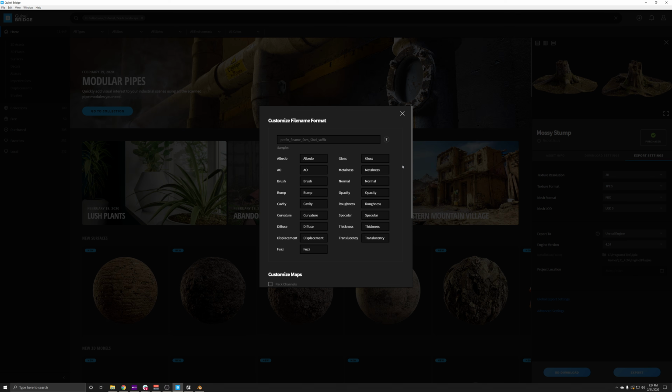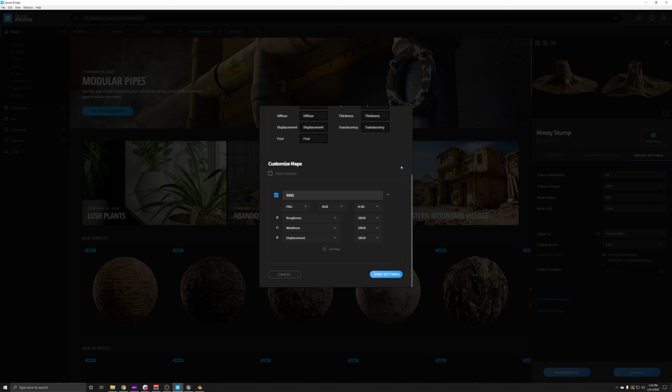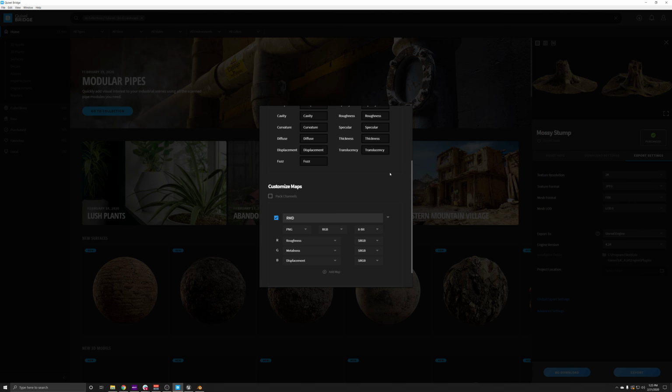Or if we scroll down this window, we can package texture maps together. It's really efficient in UE4 to have a different texture per channel on the RGB channels, and you can utilize that within the engine to save on resources, basically. So this is the area where you can specify, hey, I want the roughness to be on the red channel or the metallicness to be on the green channel. You can specify any texture that you want, as well as its export types.